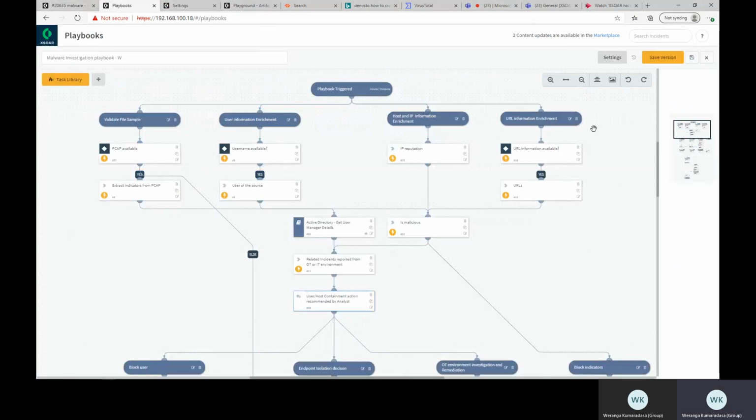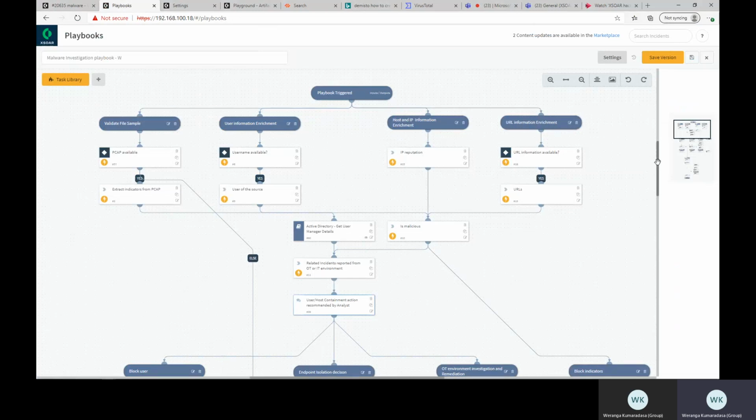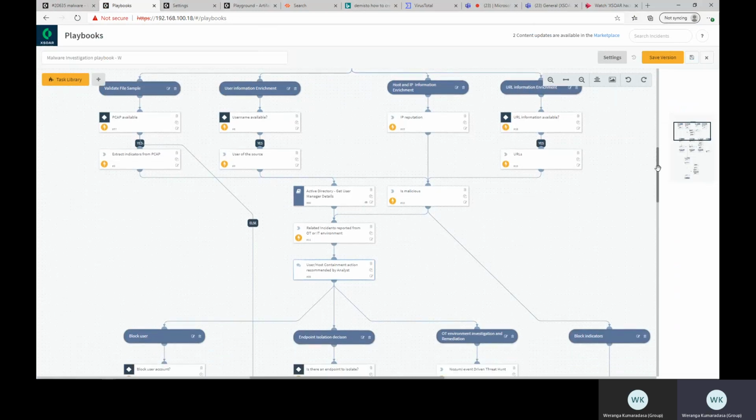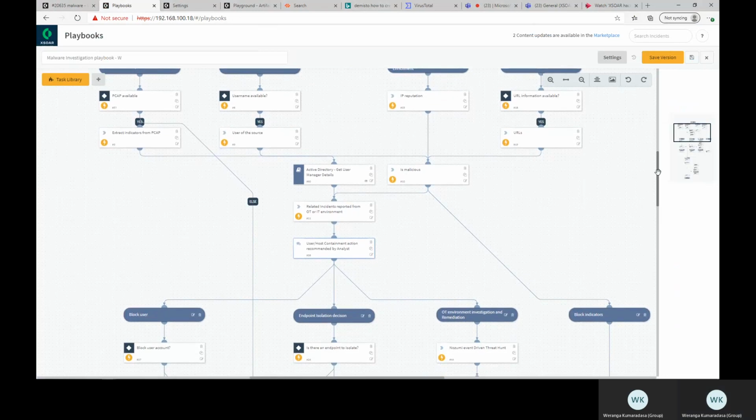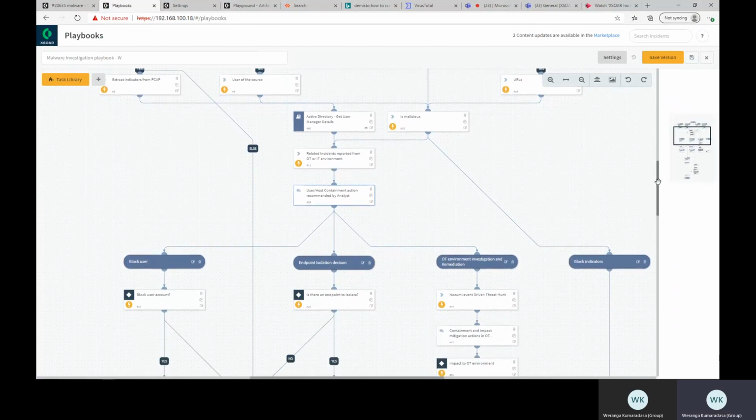Let's go to the playbook. This is the playbook. We can break it down into three major sections. The first section is to validate that the incident has enough information to process in this playbook. Such as PCAP, do we have a PCAP? Do we have user information? Do we have IP information, URL information? Once it's confirmed, they will be enriched, and it will go through a filter to confirm whether it's a malicious